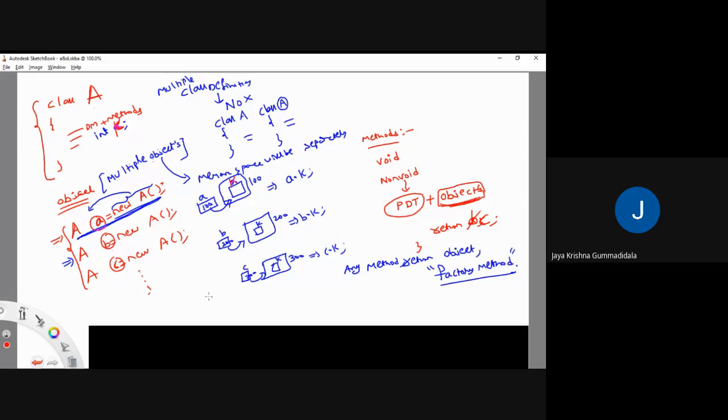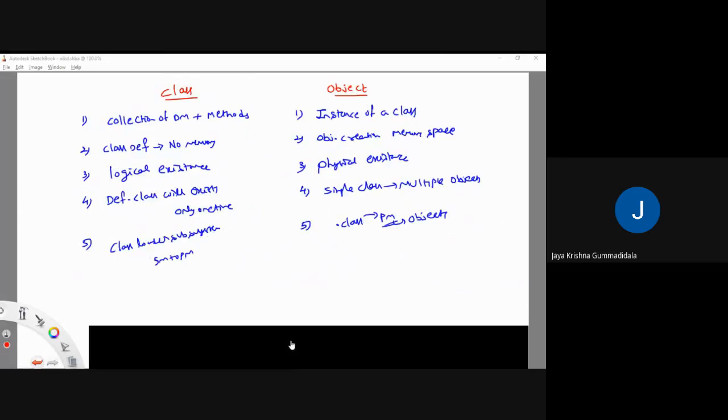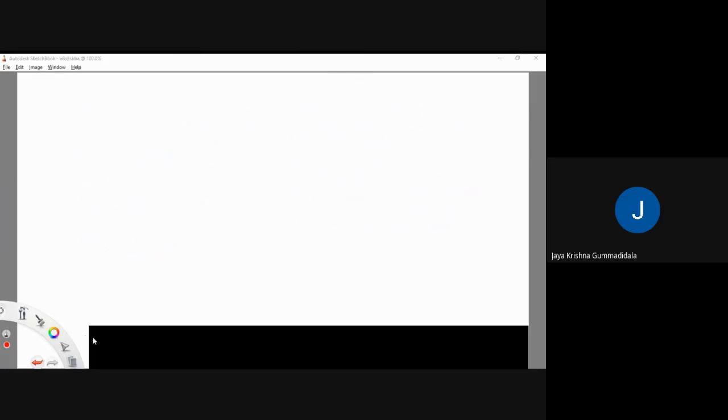Objects for a single class. That's it. So this is what we have seen in the previous class. Then we have seen the difference between a class and an object. So I hope you don't have any doubts up to here. Yes. So in today's class, we will see various types of